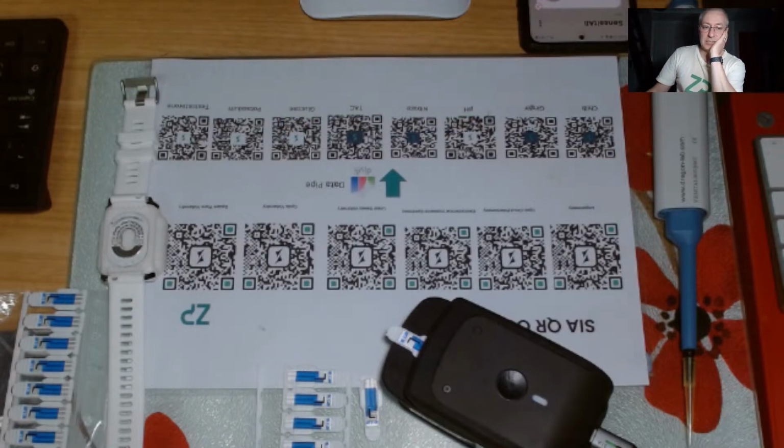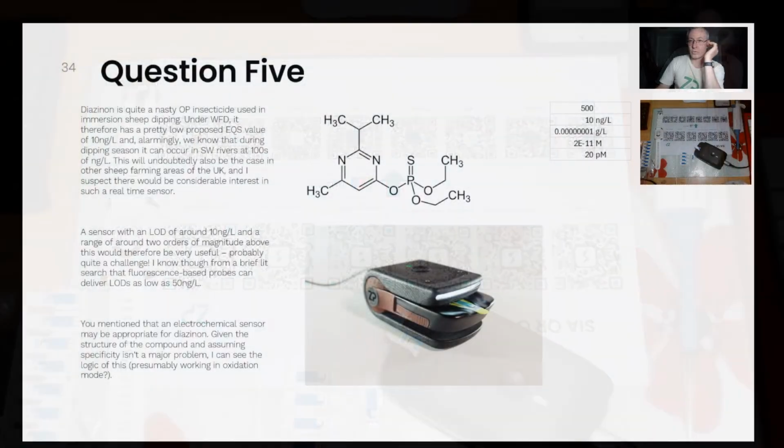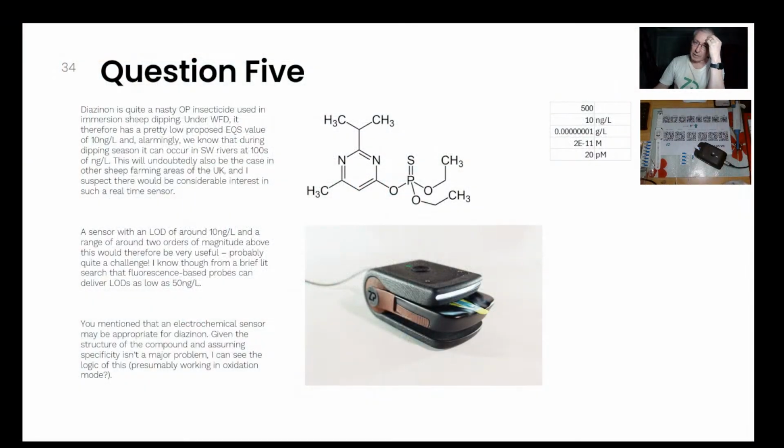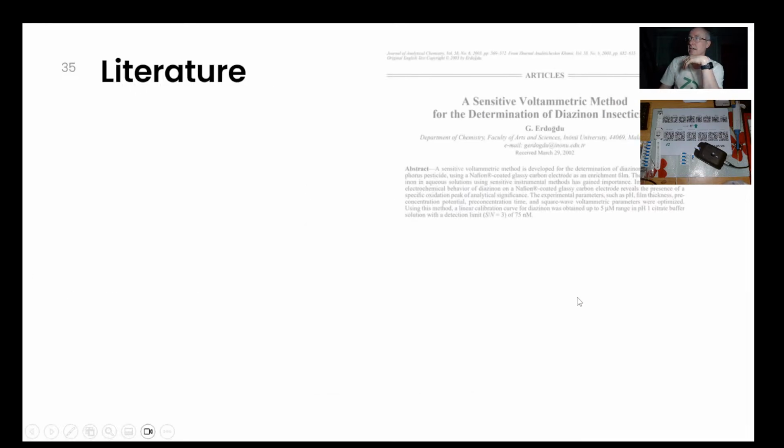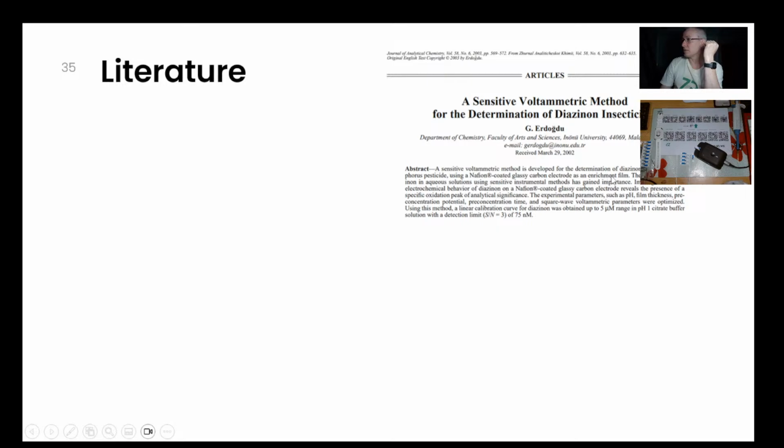Now, I like my instincts sometimes because I was asked whether I thought this was, first of all, I was just told the molecule. I said, well, the molecule I think is intrinsically electrochemically active. That was my, just looking at the structure, and sort of, I want to say experience, and it is just experience basically. I haven't done any other calculations on this, but then I actually looked it up, and I just want to say this is not